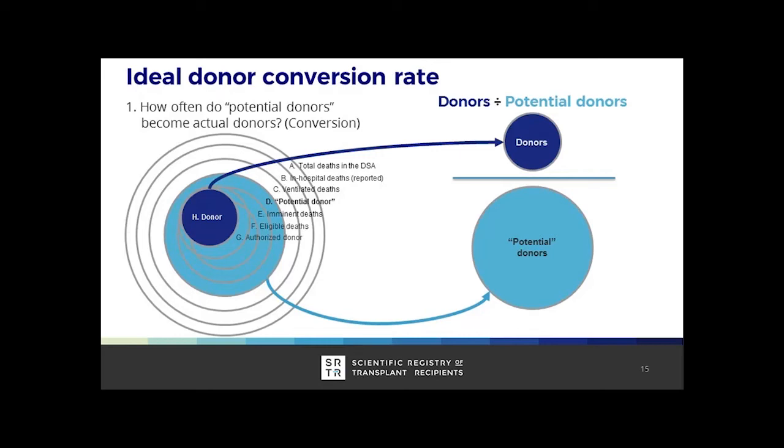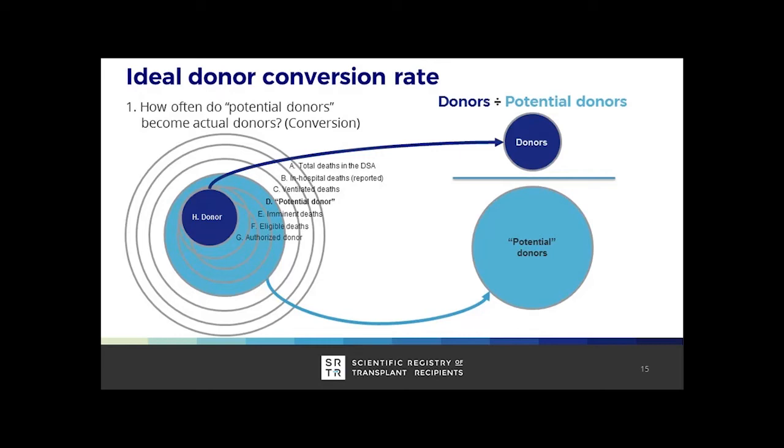So we're going to look at the data for your OPO, your donor service area, and say how many potential donors were out there and how many of those became actual donors. If we just simply take the ratio of those two, just the number of donors divided by the number of potential donors, we would have what we would think of as our conversion rate metric. So this is sort of the ideal state,